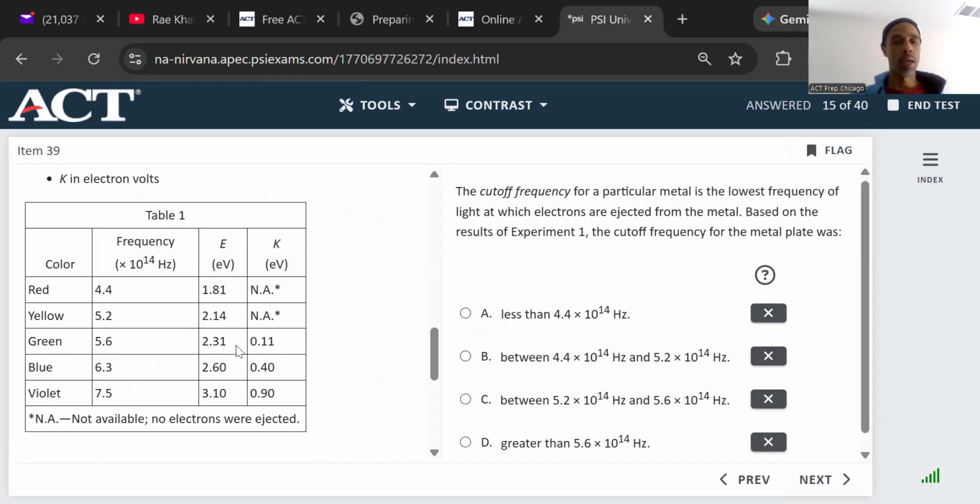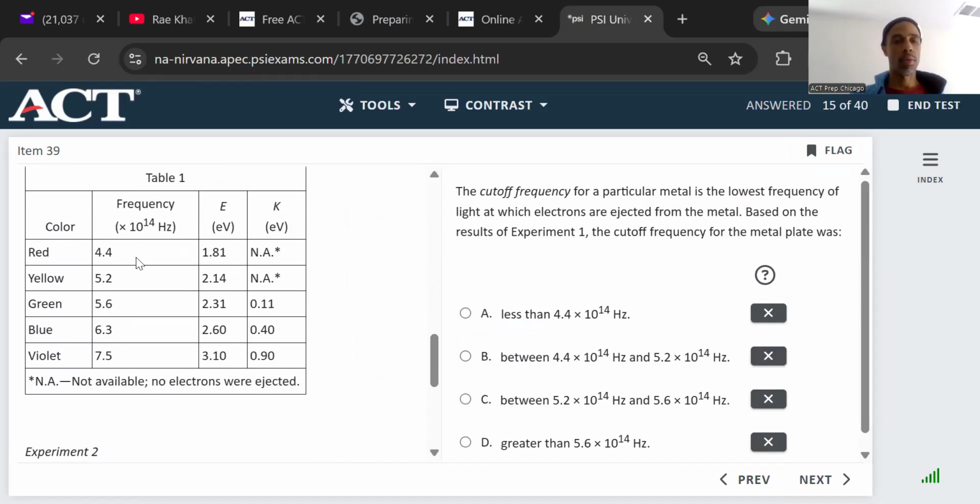Lowest frequency of light. So it's not 4.4 or 5.2 because it says no electrons were ejected. That's what the NA stands for. No electrons were ejected. So then, based on the results of experiment one, the cutoff frequency for the metal plate was, it had to be like about 5.6,